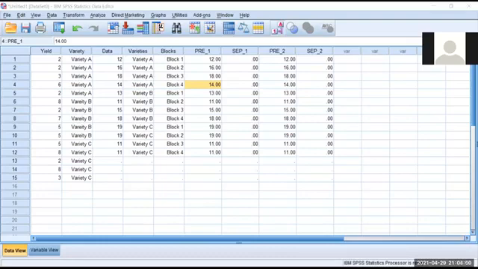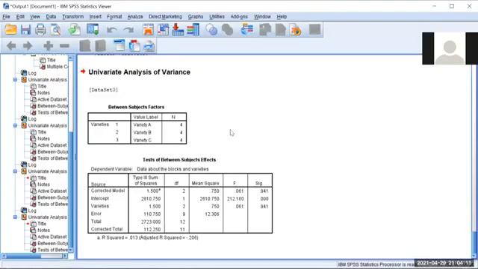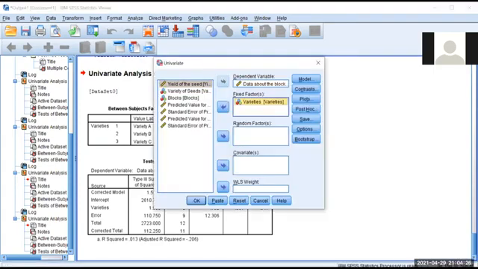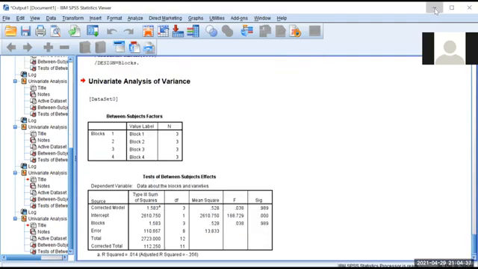Okay. See, I will share that output screen. You can do one by one also. I think some mistakes have happened there. See, after taking the data as an independent variable and only the variety as a fixed factor, you will get this table. Okay. Again, what I'm doing is going to the Analyze column, going to the General Linear Model, Univariate, and removing the varieties from the fixed factor, and now you give blocks as a fixed factor. You can do one by one, and then you will get another ANOVA table.